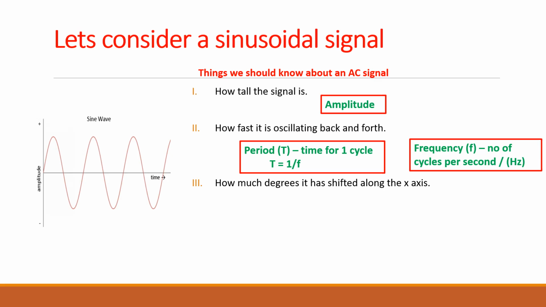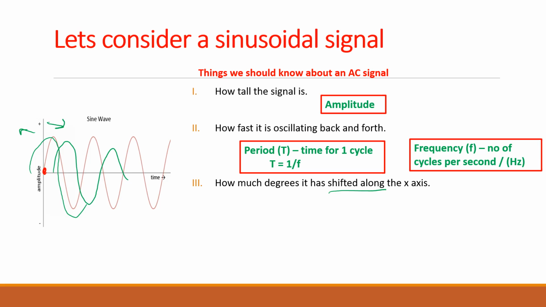how many degrees it has been shifted on the x-axis. This one is not shifted at all. For example, if you consider this one, it is starting from 0, and we can have another signal going like this, which is shifted towards the right. And there can be another signal going like this, shifted towards the left. We call that the shift, or the phase angle, which we will discuss later. So we need to know how much it is shifted